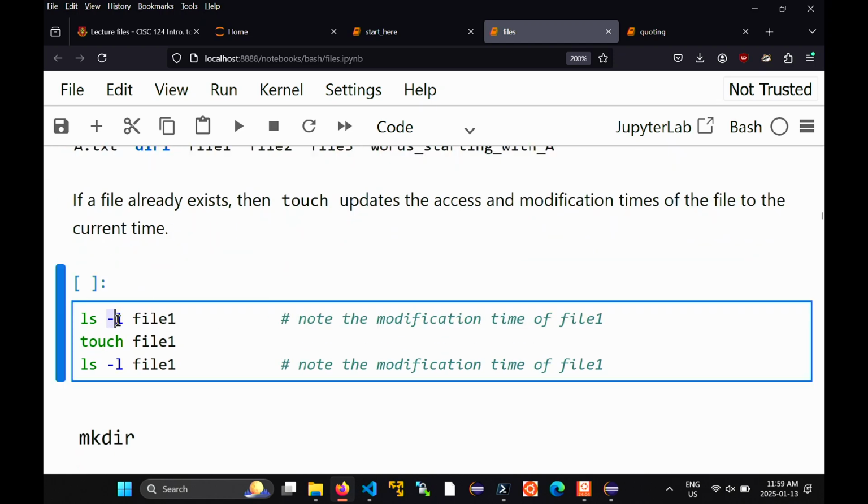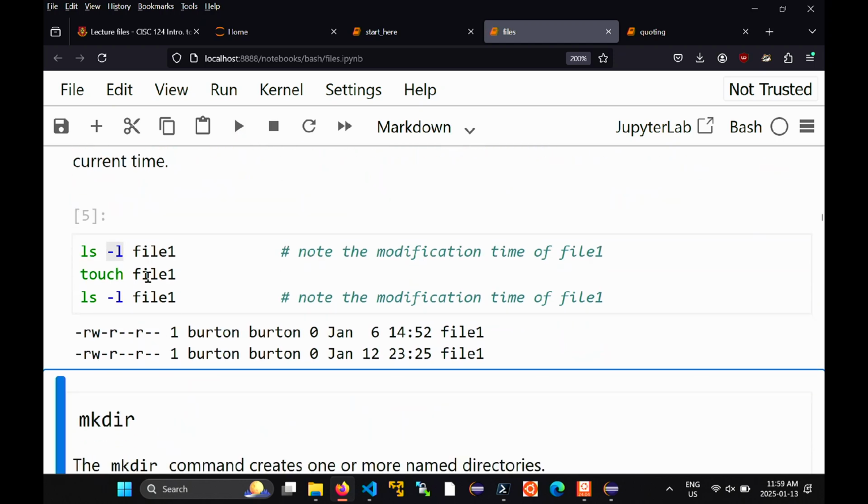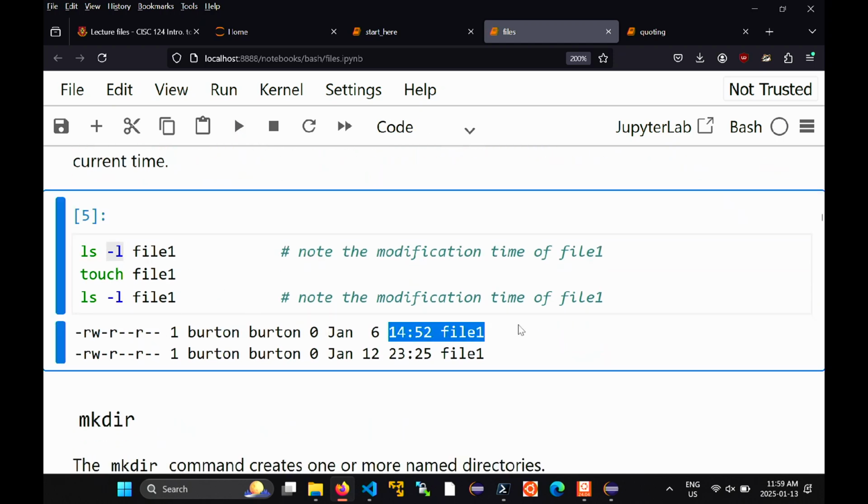So I'm going to use ls with the -l option. Again, the -l option is the long listing option, so it gives you extra information about the files. When I list the file the first time, it says that the modification time was January 6 at 2:52 p.m. When I touch the file and list the contents again, notice that the modification time is updated to